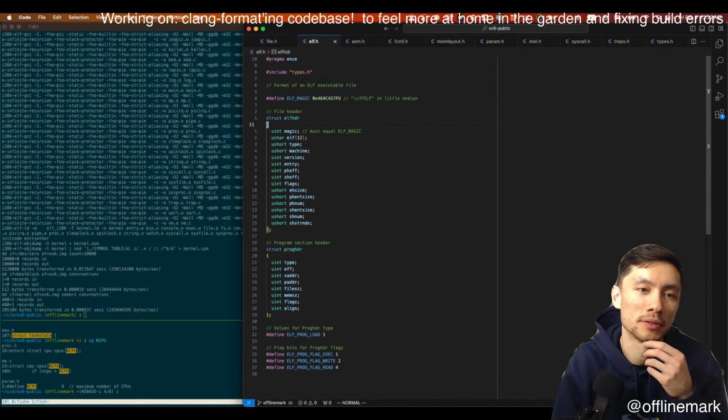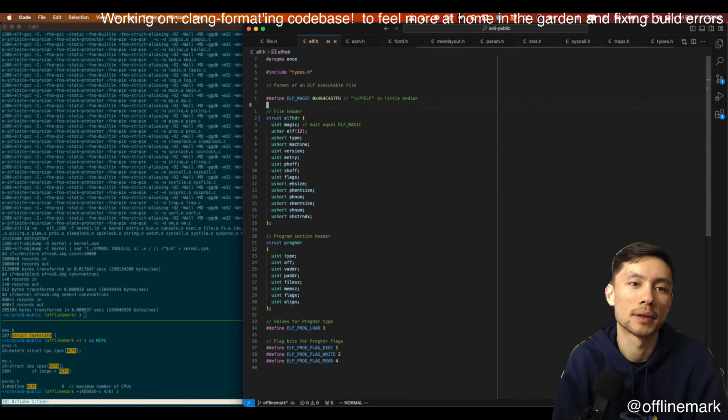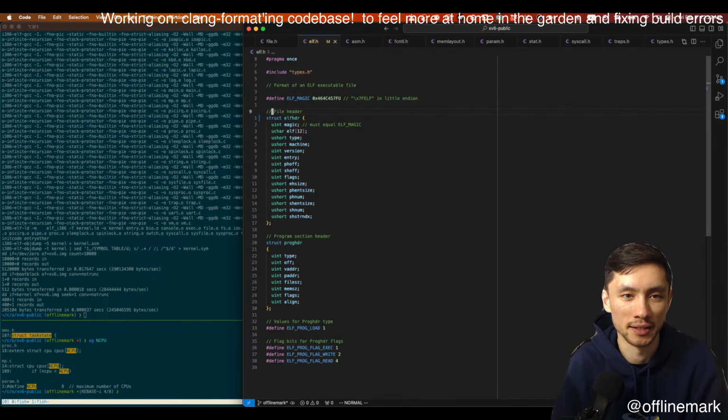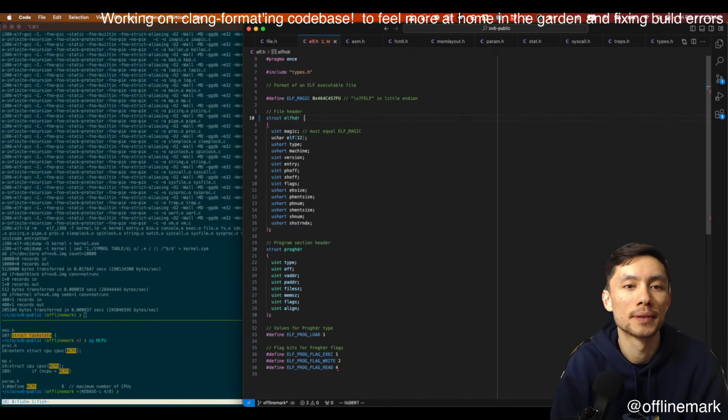You know, I used to not be a fan of doing the braces like this. I used to be a fan of having the brace up here, and the reason I liked that was because it made this nice right angle thing that surrounded the type. But I think I've since changed my mind.